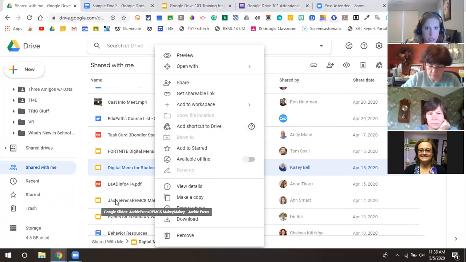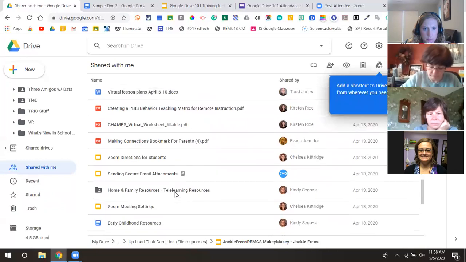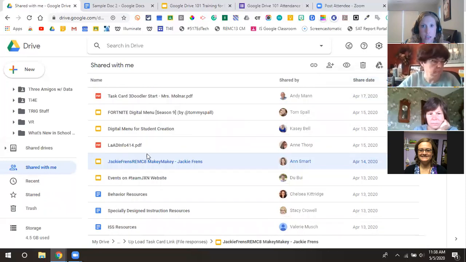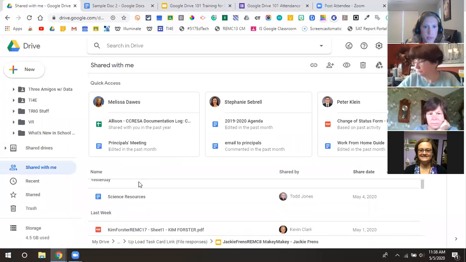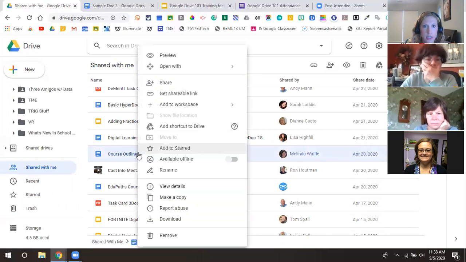Let me see if I can find one that is in my Drive that maybe, so the thing is, the problem is when I do this, every time I'm shared something, I automatically throw it in my Drive. Anyway, we'll just use it as an example. Okay, so I think this one already lives there, yeah. Oh, yeah, it doesn't. Okay, anyway, so if I want to move this into my Drive, I click Add Shortcut